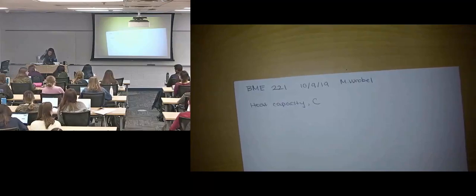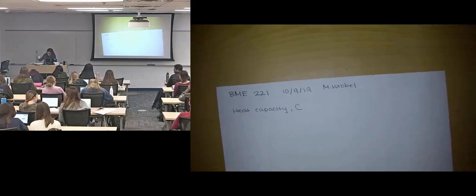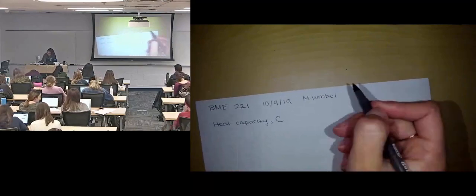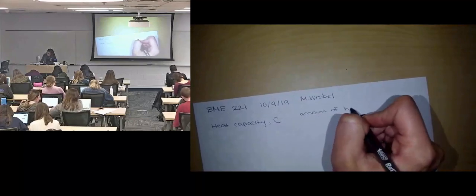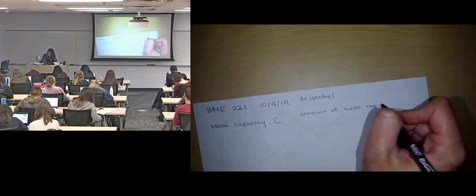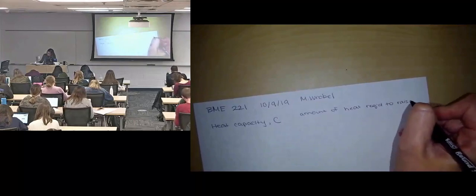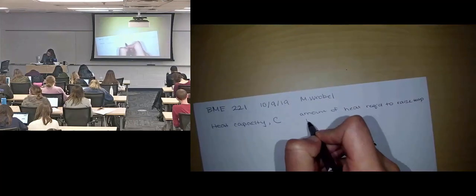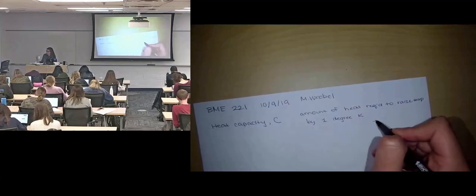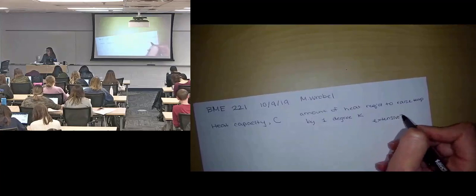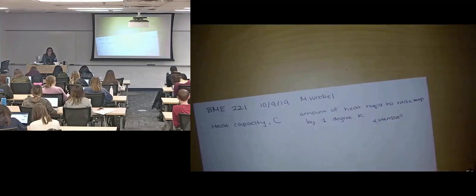Thank you, Paul. The amount of heat required to raise the temp of some amount of substance by 1 degree Kelvin. Okay, so I'm going to write that down again. Amount of heat required to raise the temp by 1 degree Kelvin. Is it an extensive property? Yes, it depends on how much of something you have. It takes more heat to raise 2 grams of water by 1 degree than 1 gram of water by 1